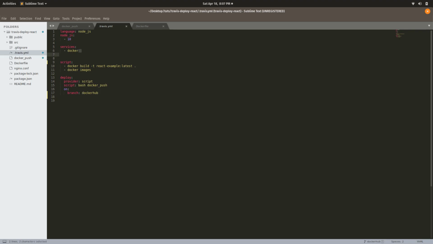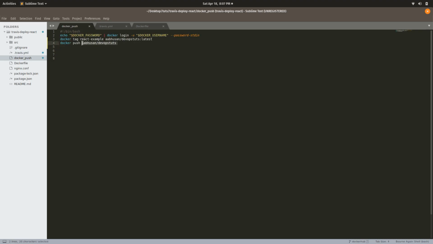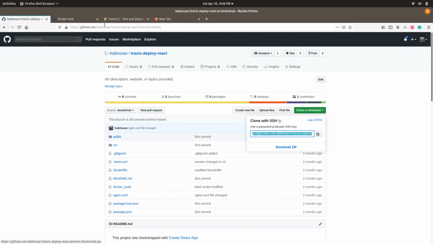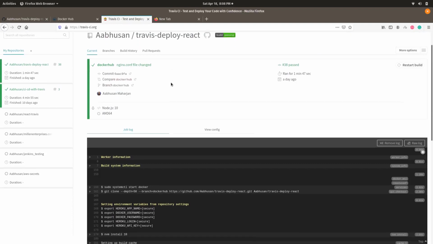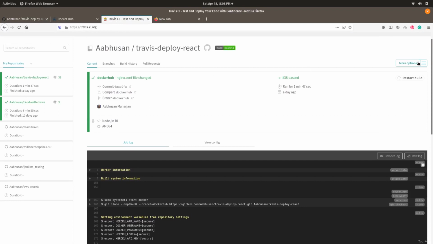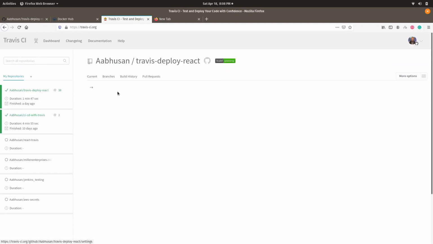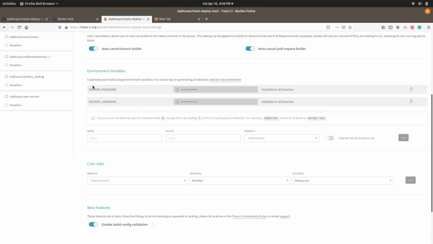In the script you can look here, we just authenticate with the docker hub, and we are tagging the image that we have built, and then we are pushing that image. And one thing I have to say for you guys is that for docker password and docker username, you have to pass these as environment variables. So you have to go to Travis, and go to the repository in which you have activated Travis. So go to the settings, and in the environment variable section you can add here